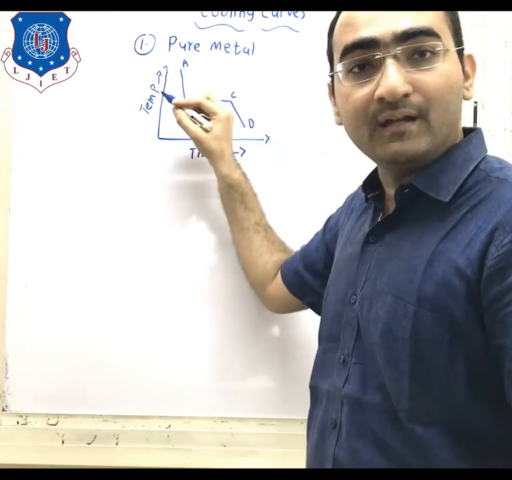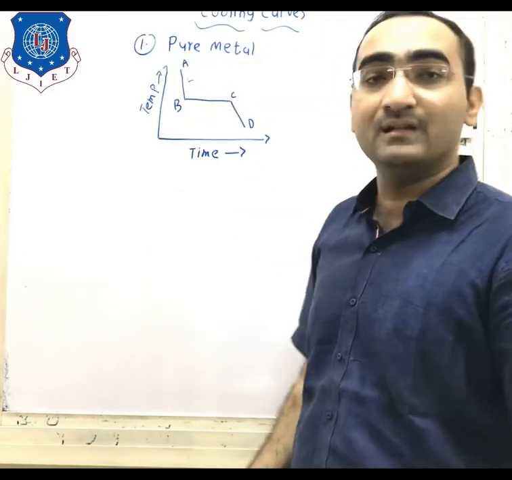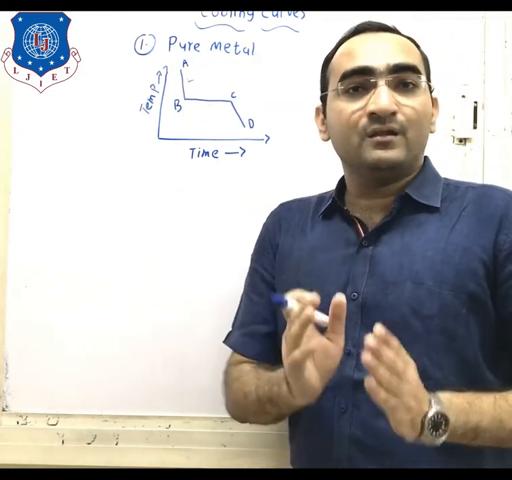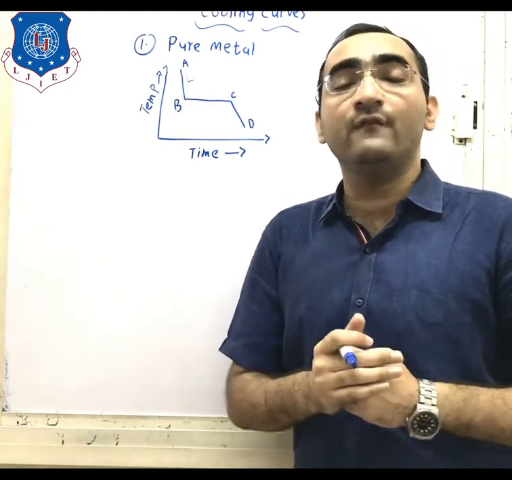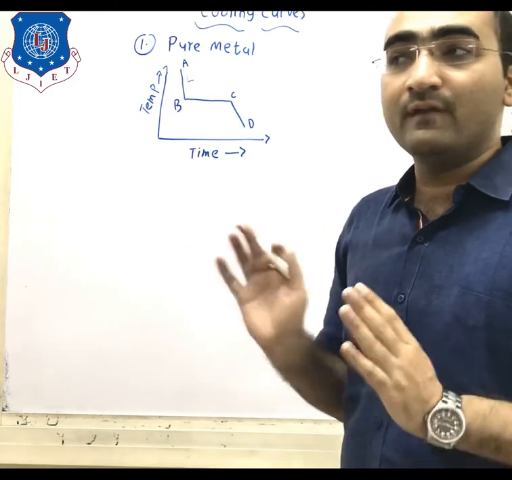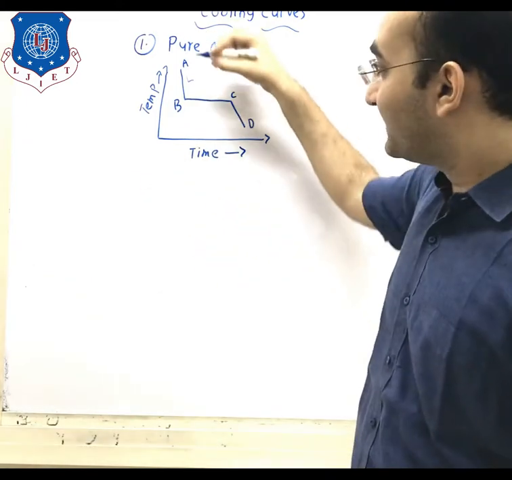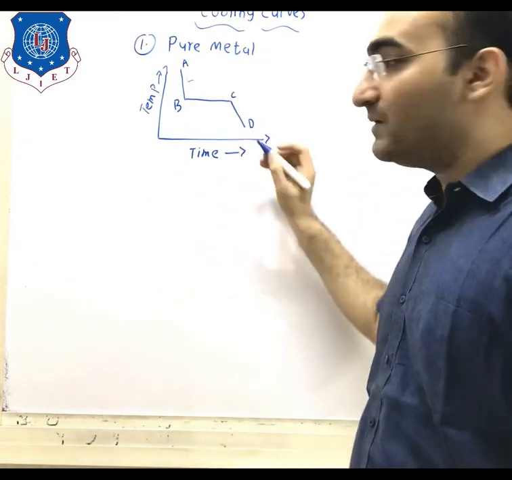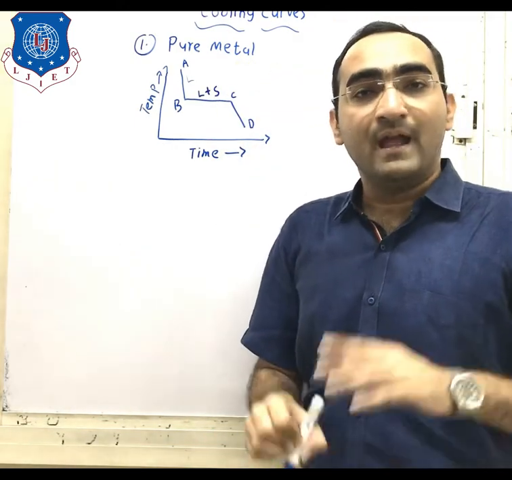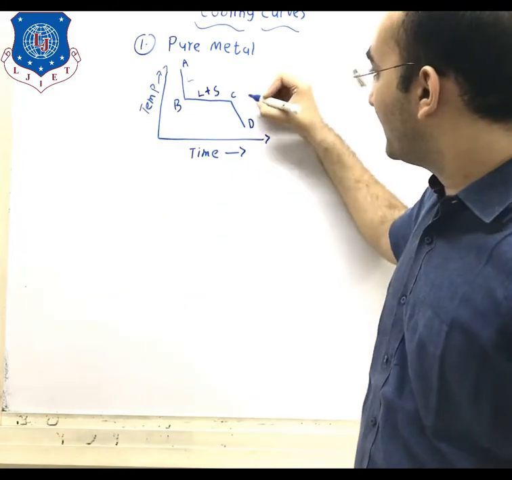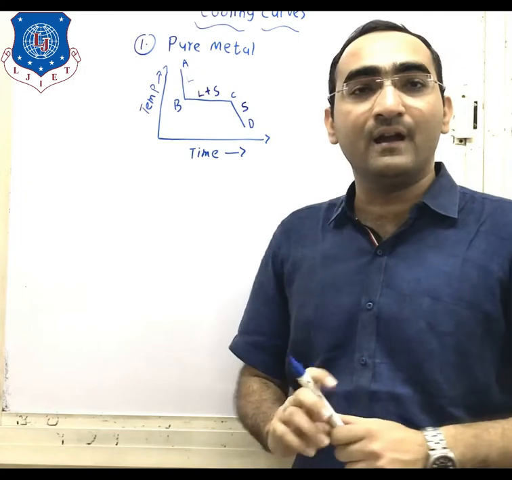This A to B region is at a very high temperature, so there will be a liquid region. In this unit, we will be majorly discussing the solid and the liquid phases. We will not be going for the gaseous state till now. As the temperature is lowered and time goes on, the region changes to a liquid plus solid region. After that, if you still decrease the temperature, there will be the solid region. This is how we have divided this part.